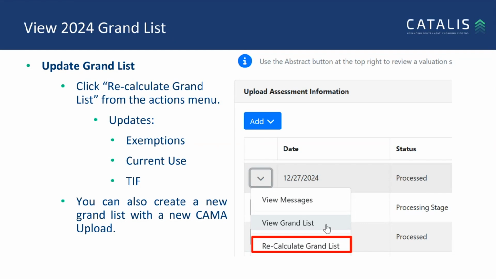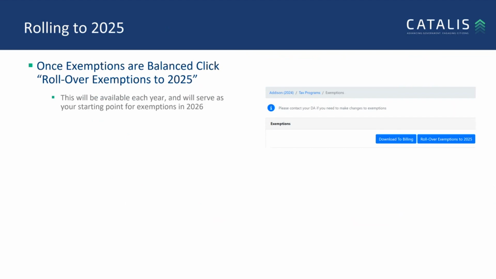But once you've got everything so that it's tying out, you're ready to roll your exemptions over to 2025. So we're going to true everything up in 2024. Big point here is the state's not going to be using that grand list that you're generating in 24 for anything. So this is purely so that you can get used to reconciling your grand list, get a little comfortable